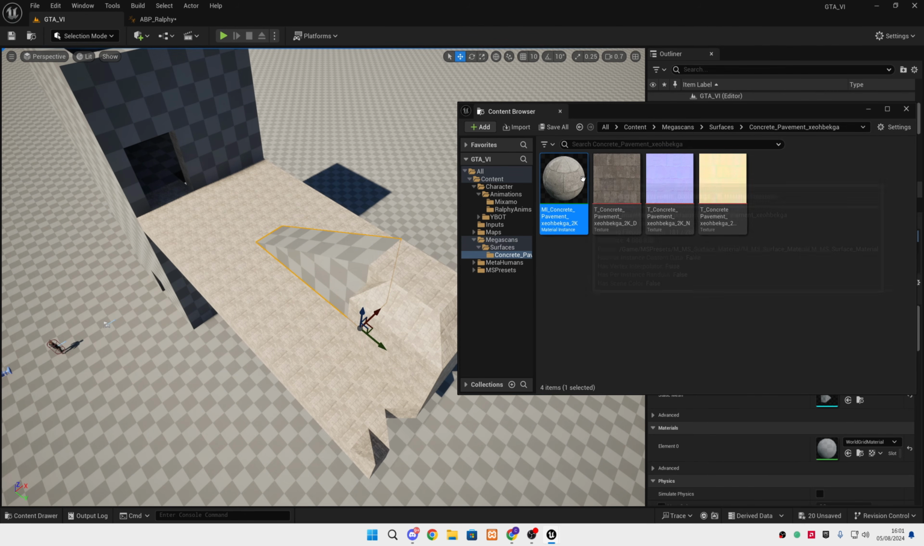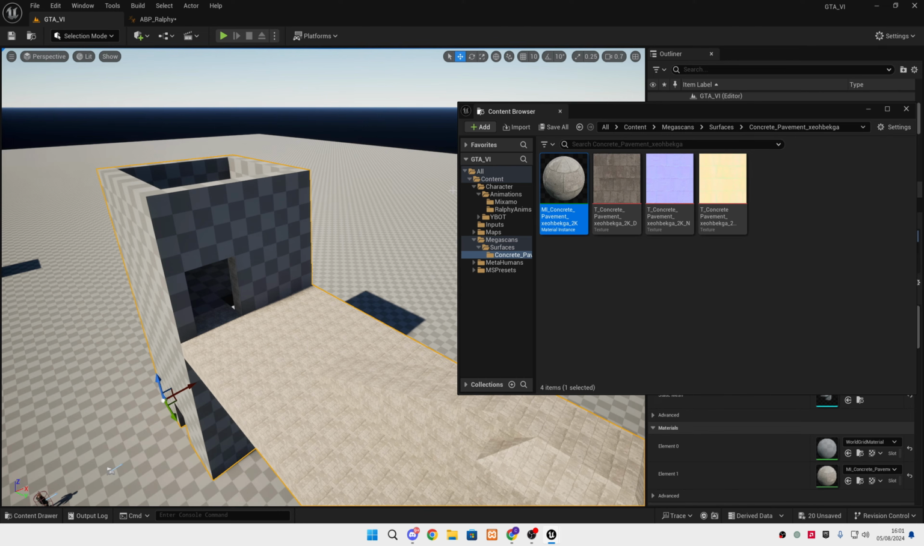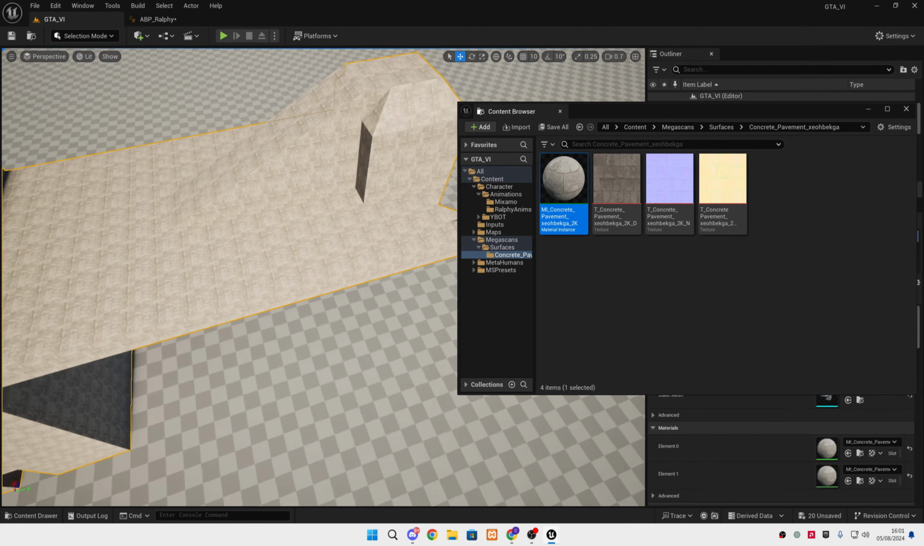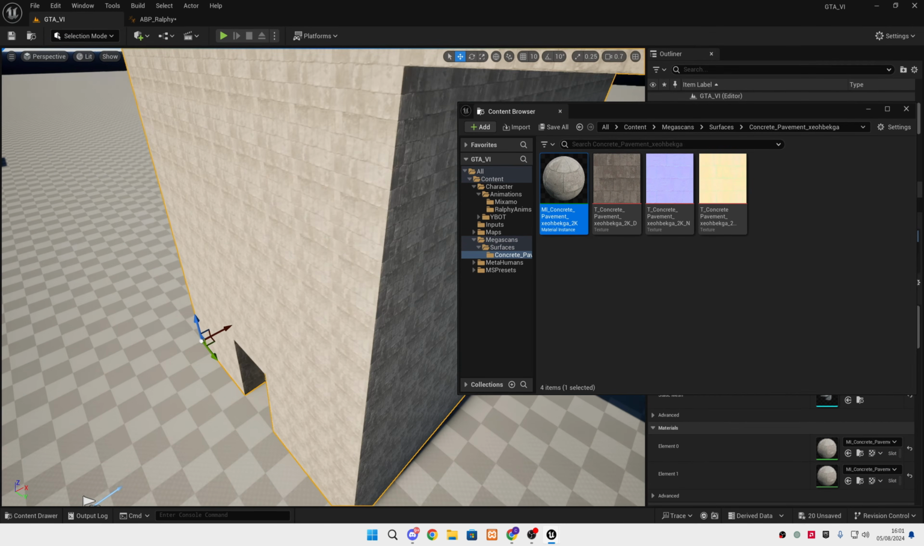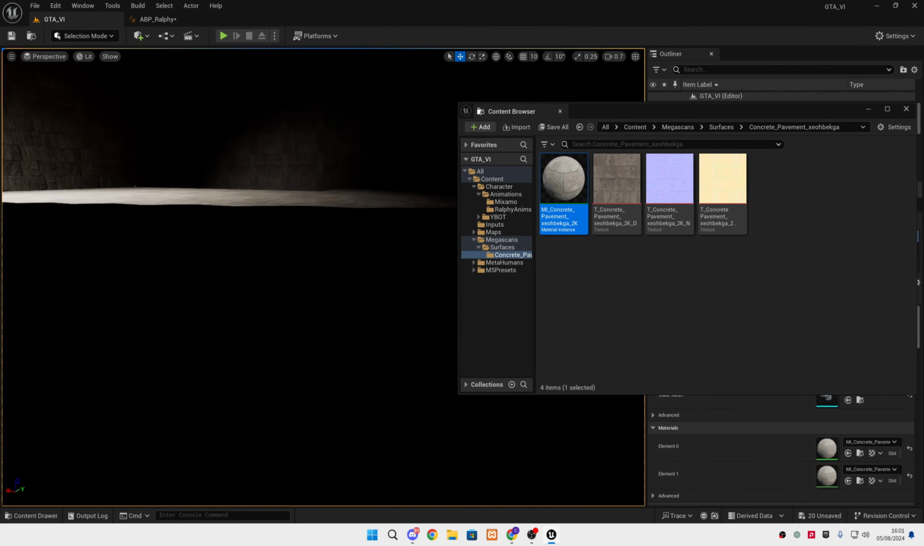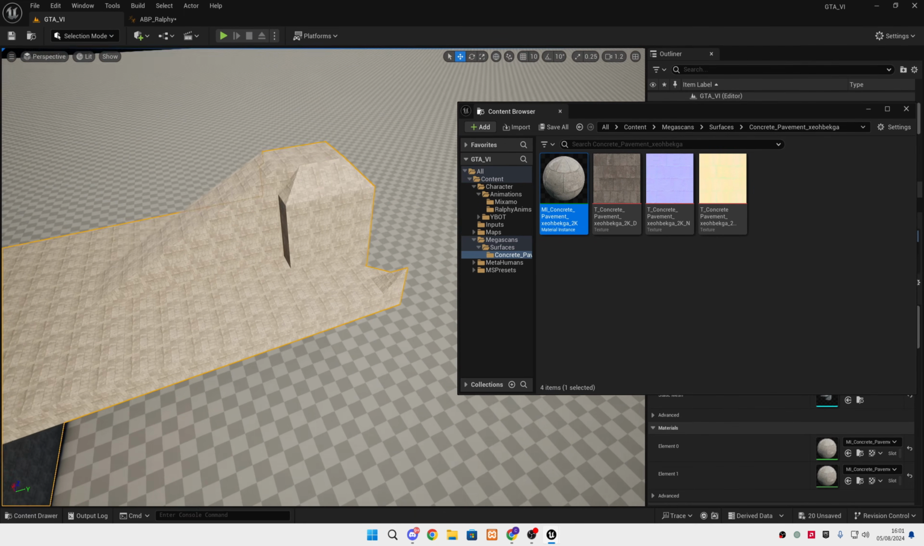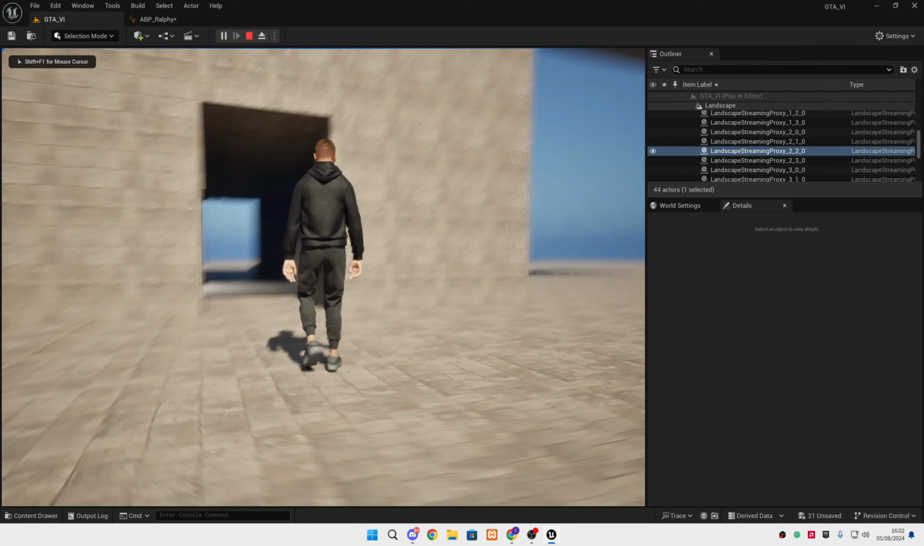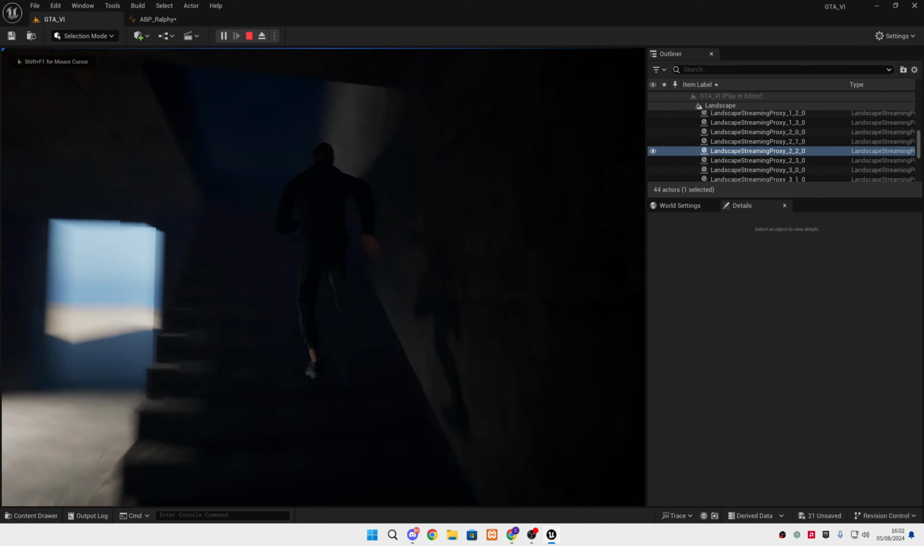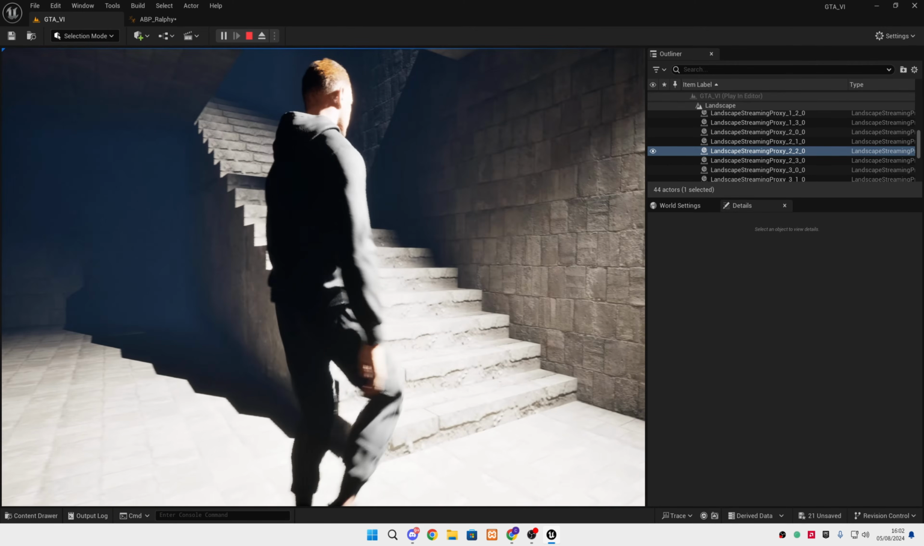And we'll drag it onto each individual mesh, just like this. So select it, drag it on. And if we go inside, we still need to do the steps and floors, so I will skip ahead when I've done that. So now we've given it a little bit of life, but there's one thing I do want to change, and